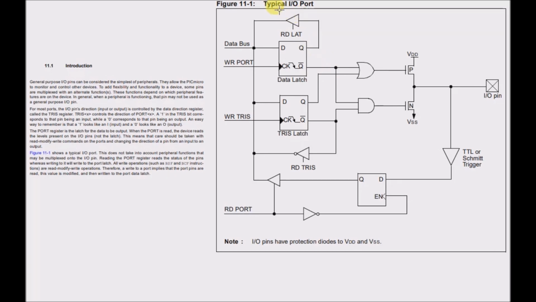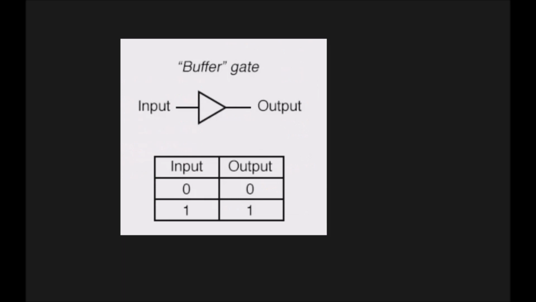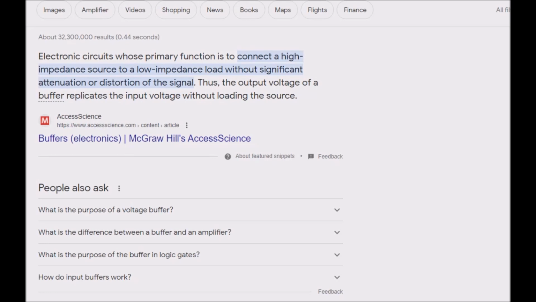So, I'm going to label some of this stuff. So this to me, let's get an orangey color, this to me looks like a buffer. If it had a little circle on the tip, it would be a NOT gate, but it's not. Here's another one. And another one. I do know what triangles look like. So just as a refresher for those that don't know, this is a buffer gate, and the input ends up being the same as the output. And just so I don't get it wrong,